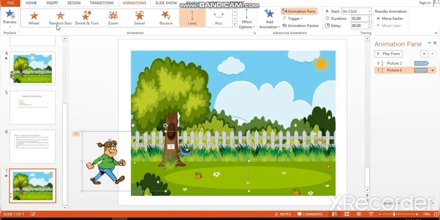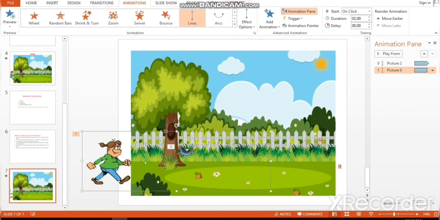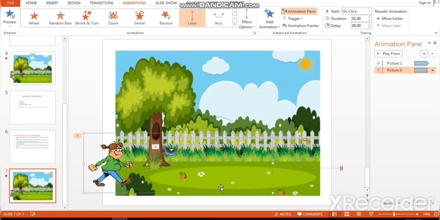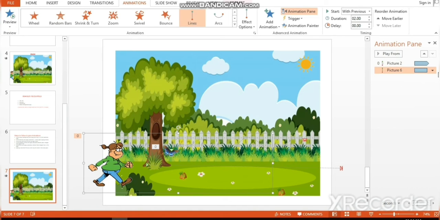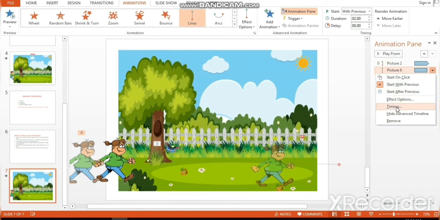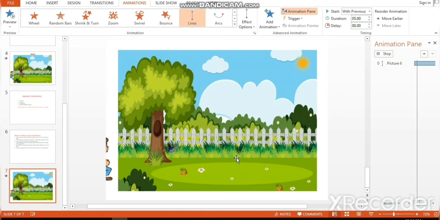So okay, we have to adjust, and then go to Start and click With Previous, so that everything will appear at the same time. Next, go to the timing and change the duration to very slow, 5 seconds, and click OK, so that she walks very slowly.